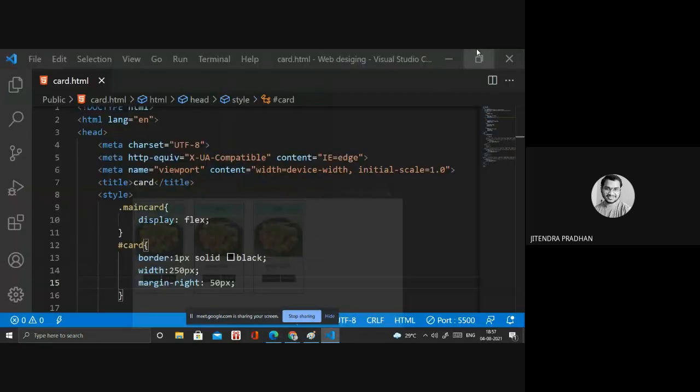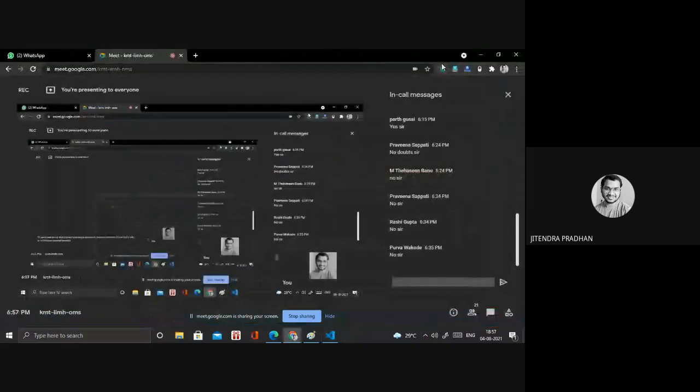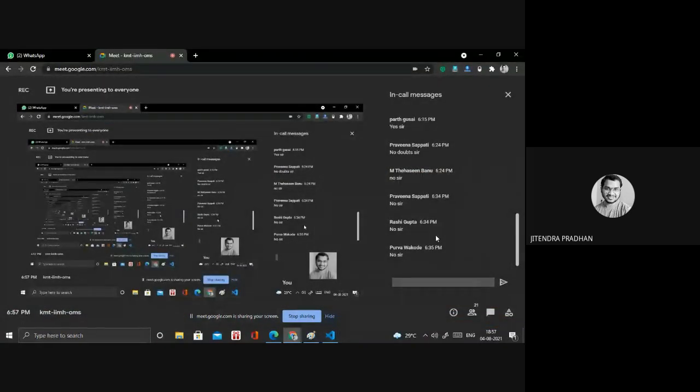Okay, so I hope you understand how we are designing the card for that shopping website, like a groceries website, or any shopping website.